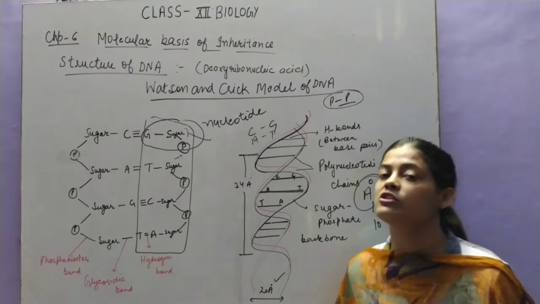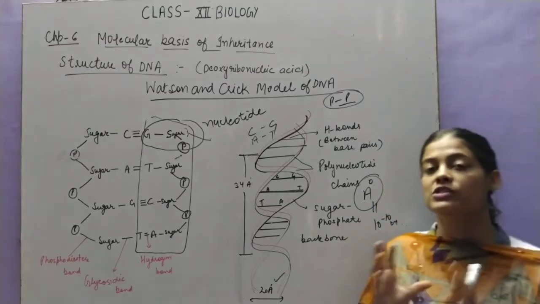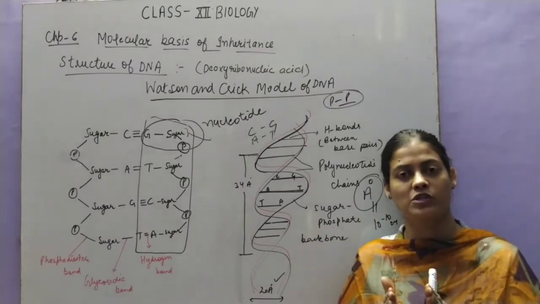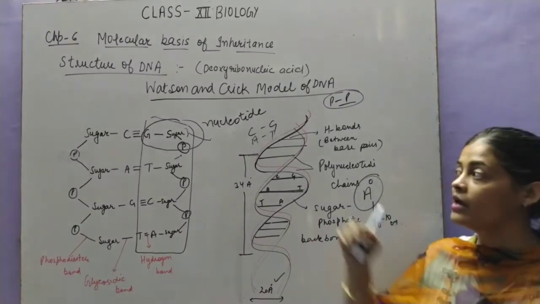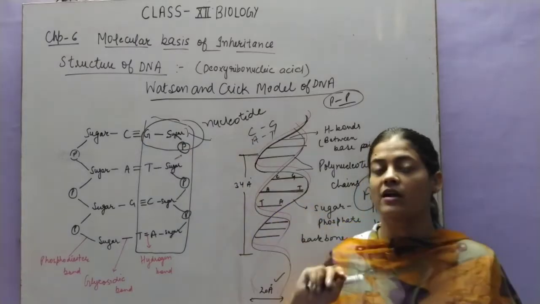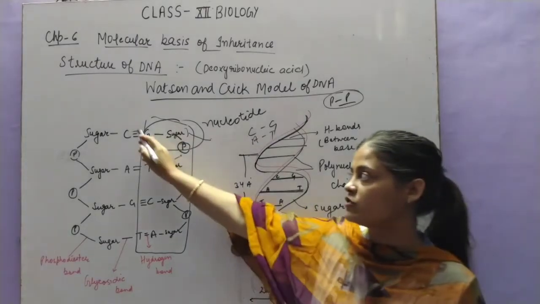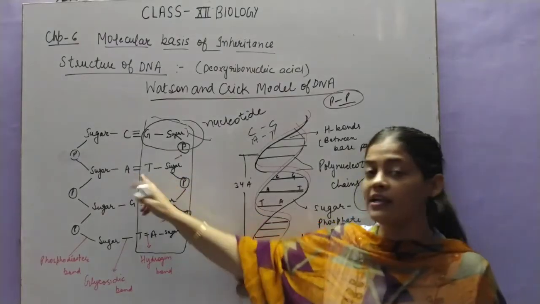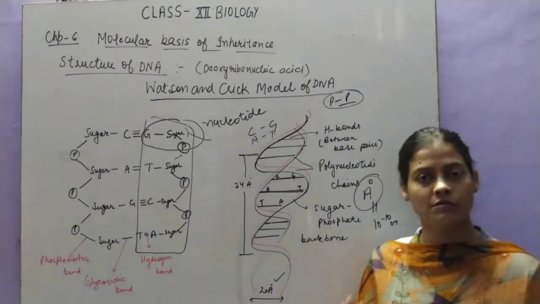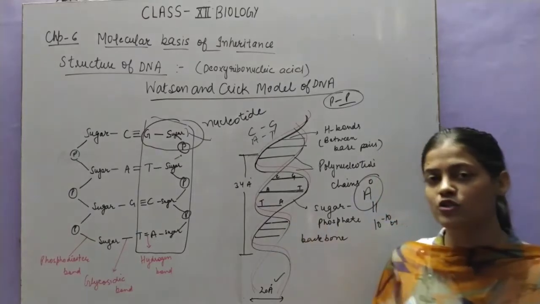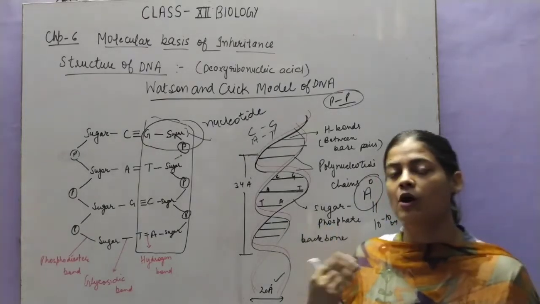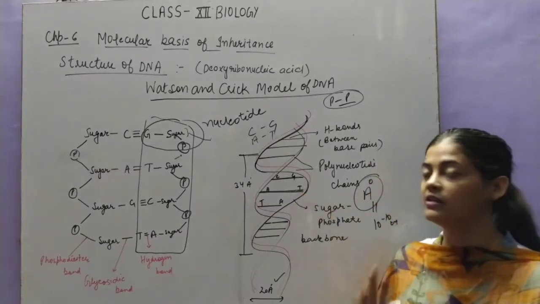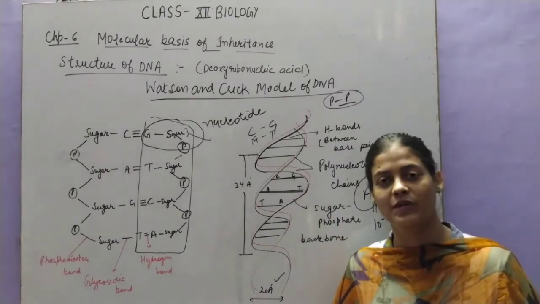Why is that so? क्योंकि जब हमने इनका स्ट्रक्चर देखा था उसके अंदर क्या होता है, हाइड्रोजन के जो एटम्स हैं वो एक दूसरे के क्लोज इस तरह से आते हैं कि उनके बीच में हाइड्रोजन बॉन्ड हो जाता है. ठीक है, and C and G always pair up with 3 hydrogen bonds. Here I have shown 3 bonds. C and G always pair up with 3 hydrogen bonds. A and T will pair up with 2 hydrogen bonds. Is it clear? 1 purine should be there, 1 pyrimidine, and C always pairs up with G, G with C, A with T, T with A, and there is a fixed number of hydrogen bonds between these two.